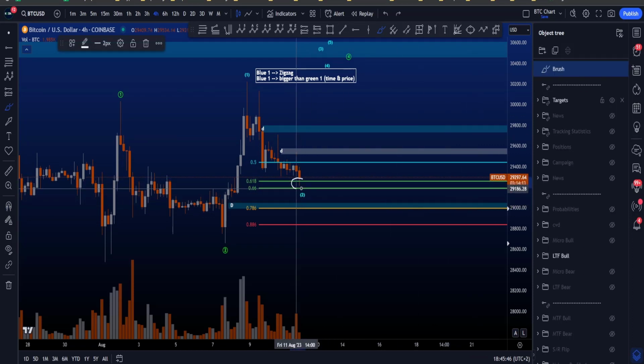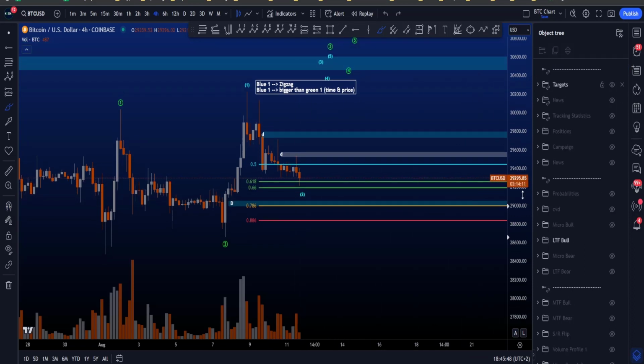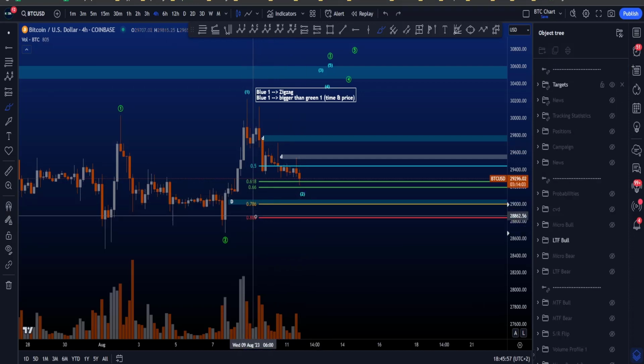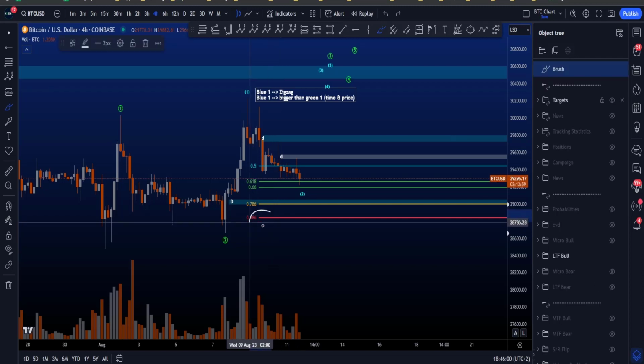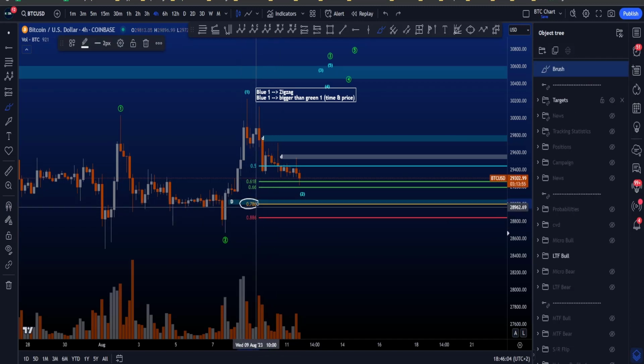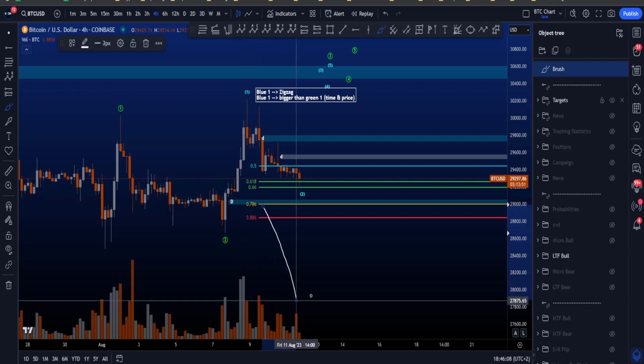At the moment though, a little bit of a reaction at the golden pocket, and you don't really like to see price going below the 786, as the 786 is the final common target for a wave 2, and the 886 is a rare target for a wave 2, a common target for a B or X, but you don't really like to see wave 2 going too deep below the 886. Besides, below this blue support box over here, I don't have much support left for then potentially a bigger move